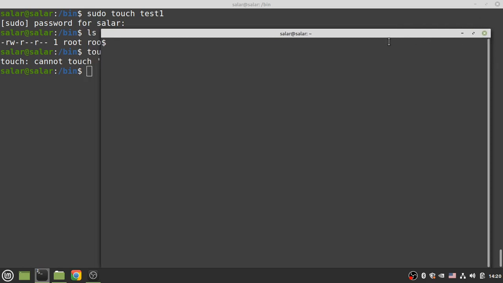Now I want to change directory to bin. pwd. I'm in the bin directory. Okay, now if I want to create another file in the bin directory, I should have superuser permission, so I type sudo touch, this time test2.txt, and if I press enter,